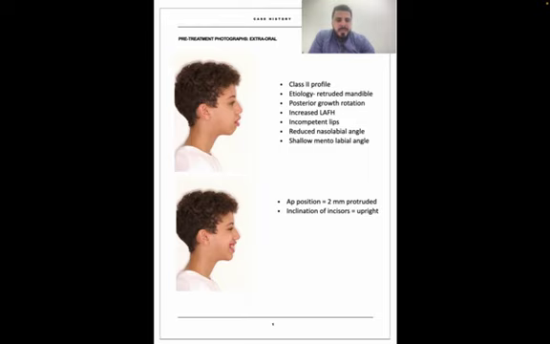Anterior-posterior, he's a class 2 skeletal due to retrognathic mandible. Vertically, he has an increased lower facial height due to posterior growth rotation, and transverse, he has no clinically significant asymmetry. Then if you go to the soft tissue, you can see he has incompetent lips, and that's because of the posterior growth rotation and increased lower facial height, and could be as well because of the class 2 skeletal relationship. If you look at the lips, the nasolabial angle is acute, it's a reduced nasolabial angle, and that's